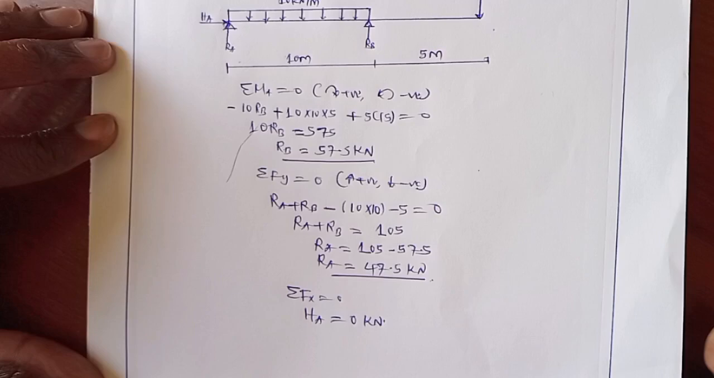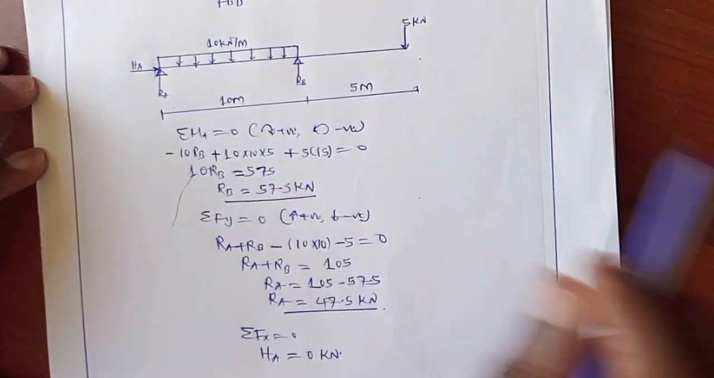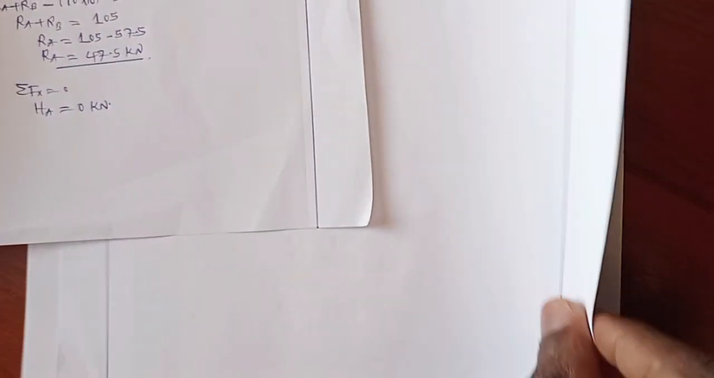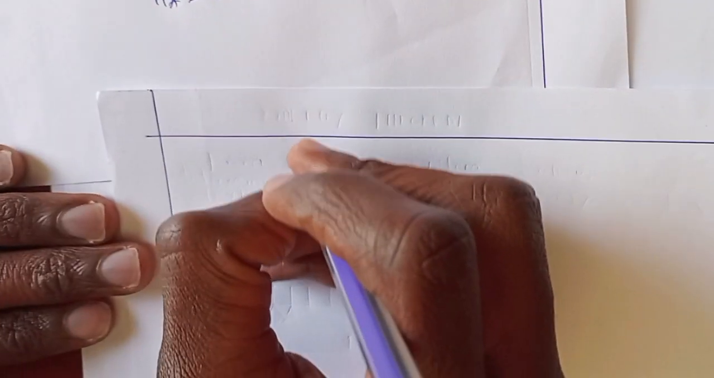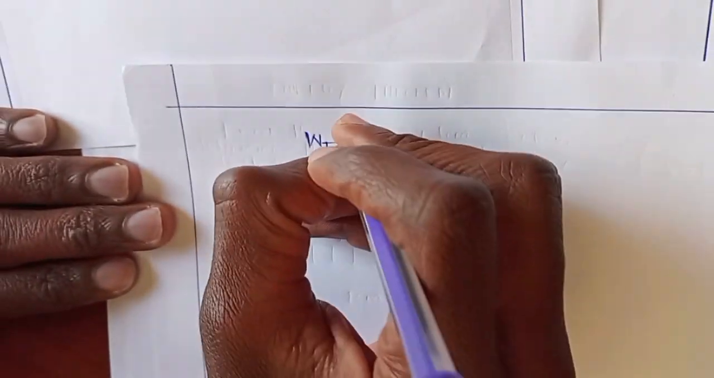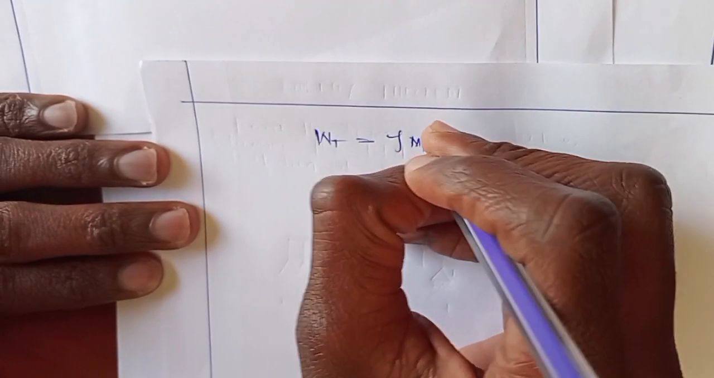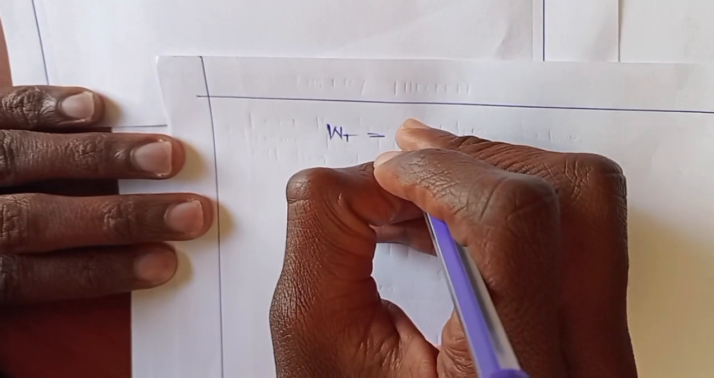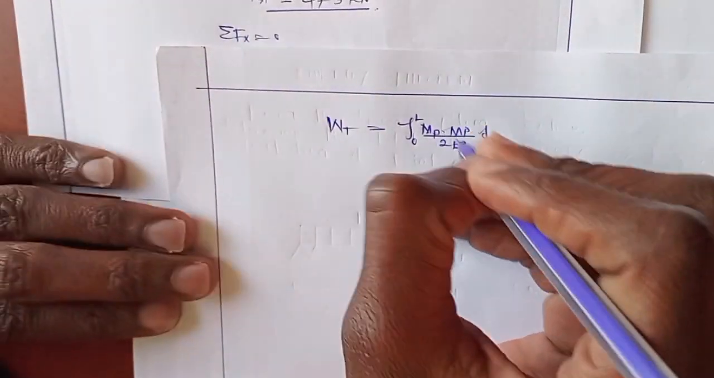After obtaining these vertical reactions, now in order to obtain the total internal energy, we know that internal energy is equal to the integral of the moment due to applied load squared, over 2EI, from 0 to a certain distance dx. So in order to obtain this internal moment,